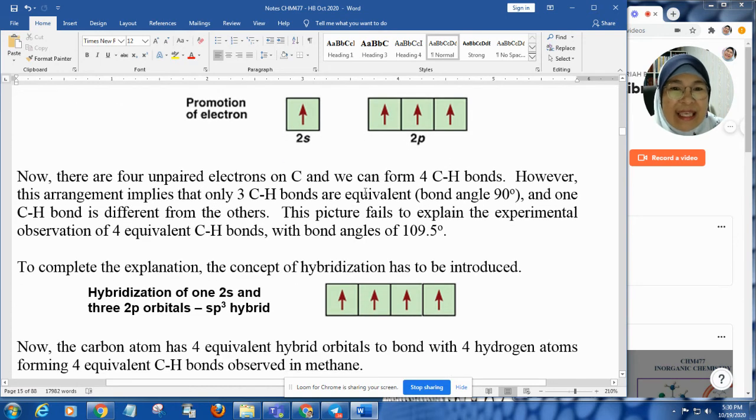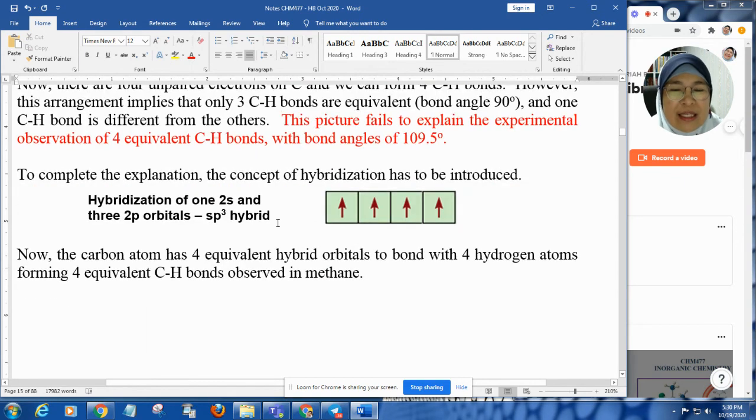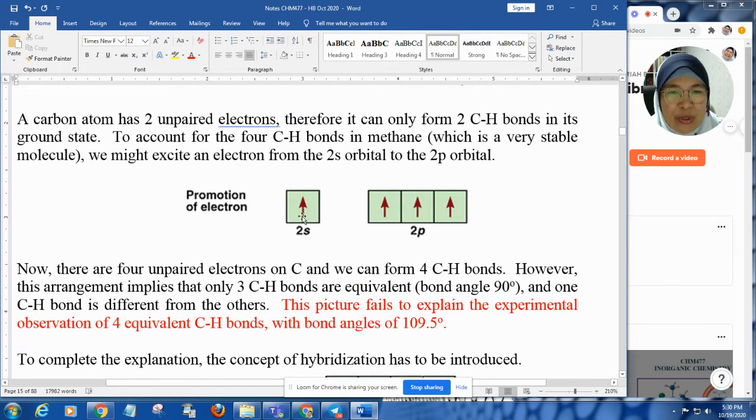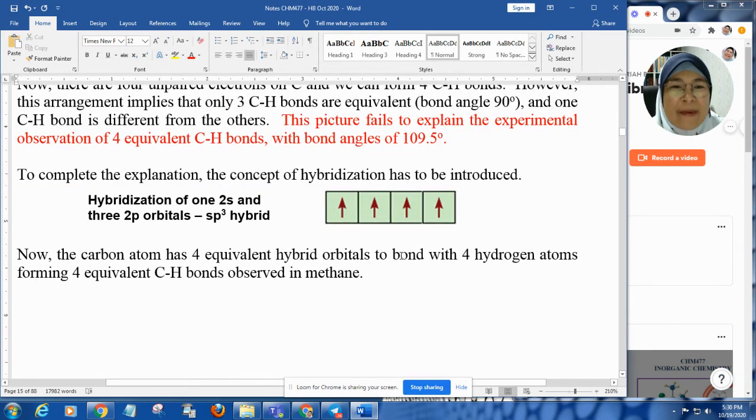However, our expectation again proves to be wrong, because in methane, experimentally, it has been found that the 4 CH bonds in methane are equivalent. All the 4 bond angles are 109.5. Our expectation that only 3 carbon-hydrogen bonds are equivalent and 1 carbon-hydrogen bond is going to be different is not correct. So after the promotion of this electron into here, another step needs to happen, and that step is called